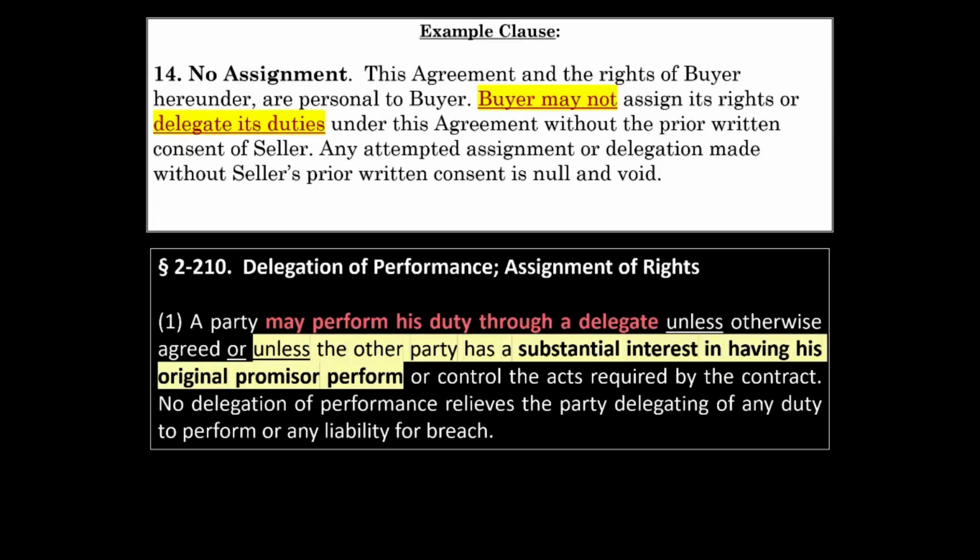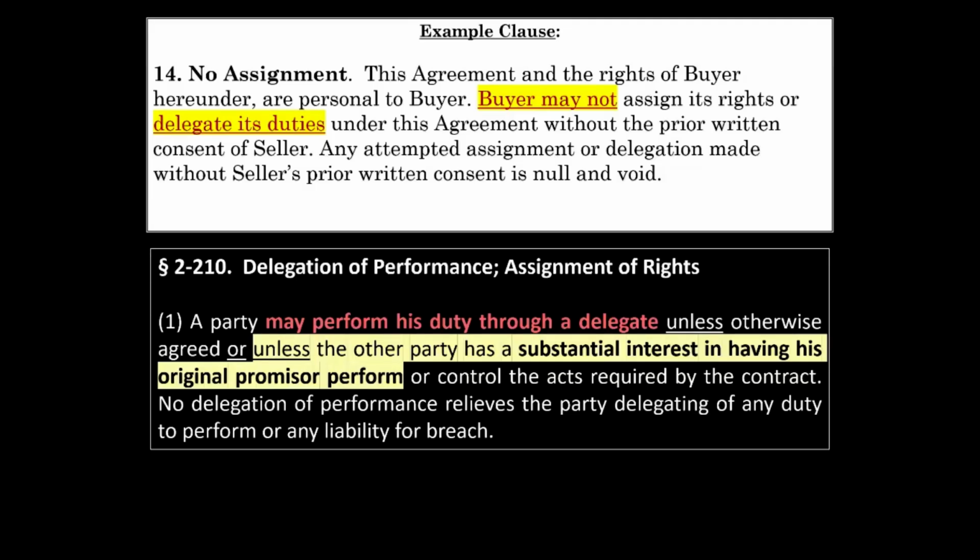In a contract for the sale of goods, because the buyer's only obligation is typically to pay money, the seller is unlikely to have a substantial interest against delegation by the buyer. Stated differently, the seller is likely to be indifferent as to who gives it the money for its goods. By contrast, the buyer is far more likely to have a substantial interest in who provides it with conforming goods, because who the seller is may have material implications for the source, quality, or nature of the goods that the buyer will receive.